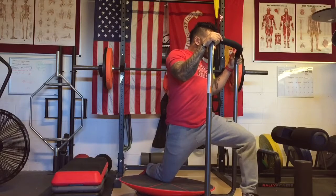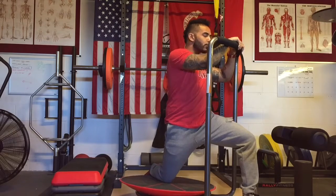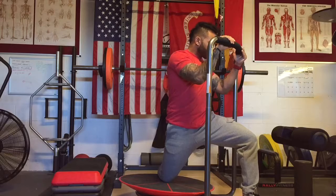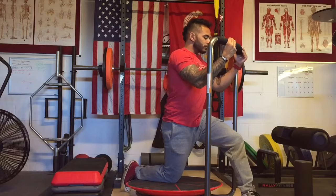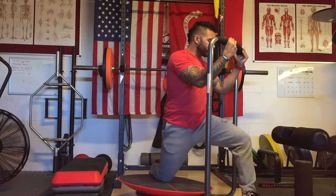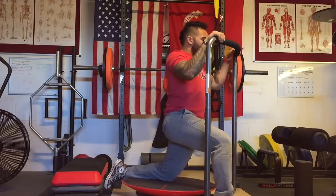So here we have another example of the stretch utilizing a piece of equipment called the Cortex. This not only allows you to get into that extended position, but it allows you to externally and internally rotate the femur while staying in that extended position. So the hip is forward again, and you have the ability to manipulate the platform which my knee is on, inward and outward,